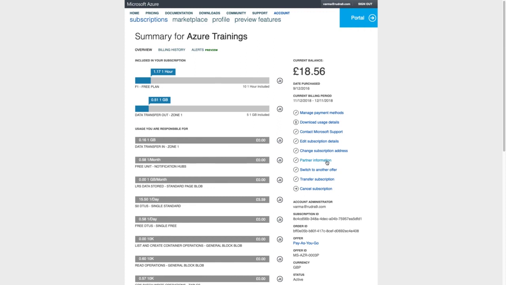Basically, you have a subscription with all the resources and you want to change the ownership of that subscription to somebody else, then you can transfer it. However, be extremely careful about transferring the subscription from one tenant to another tenant, because you will lose all the role-based access control features. Because in the new tenant, those users might not be there. So you lose that. So be very careful when you are transferring the subscription.